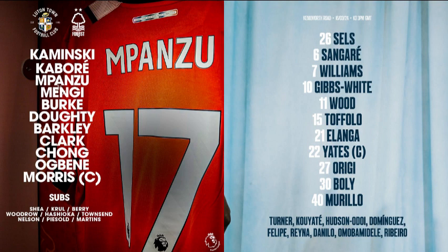But now it's all about the Premier League as we are underway here at Kenilworth Road, and Luton Town are playing in their orange shirts and navy shorts from left to right as we look, as that was a poor clearance by Sells, but he found Sangare just outside the centre circle. And now to Toffolo as we sit on this gantry, overhanging the dugouts here on the opposite side to the main stand, for what is a tight, congested, cramped playing scenario. And Nottingham Forest defending the end where their supporters are housed in the Oak Road stand